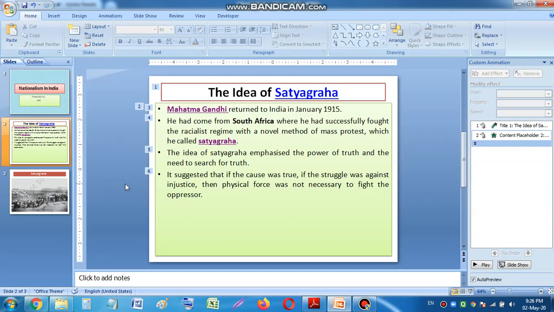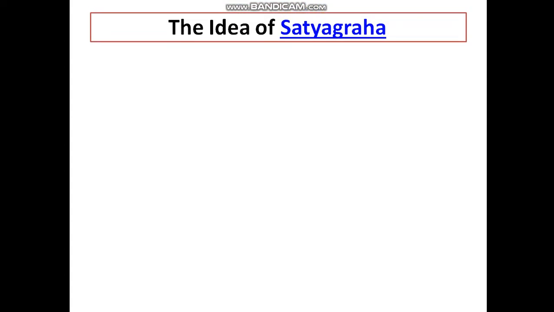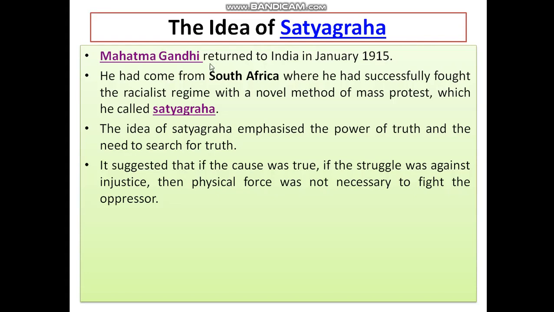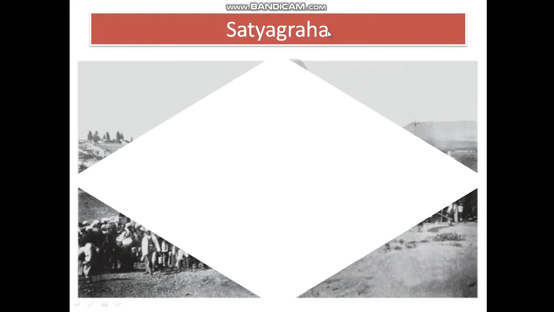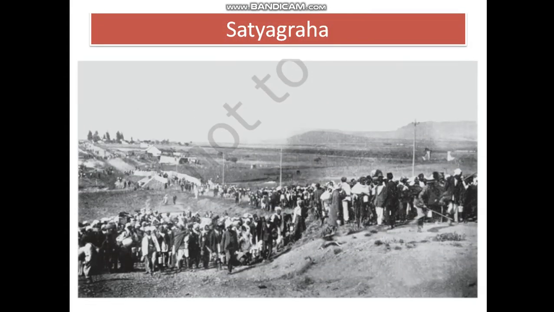Now Shift F5. I'm pressing the keyboard arrow key. I pressed many arrow keys. Now I am going to click on this Satyagraha. Now you will see that particular next slide will come. Click, and you can see I'm just clicking the mouse and see the next slide has come. So you can come to the next slide from anywhere. You will have to just set the link.